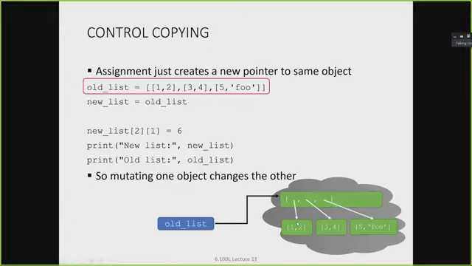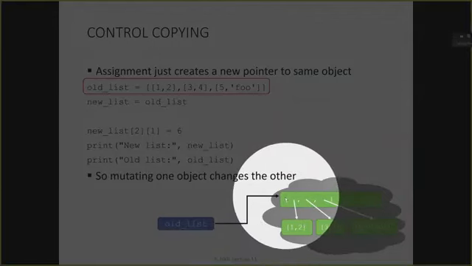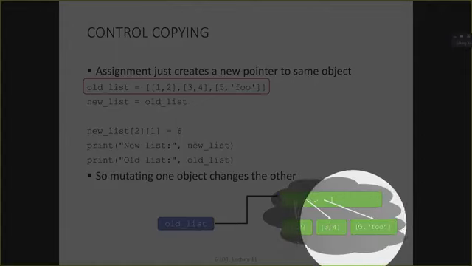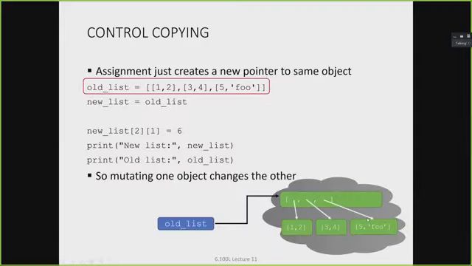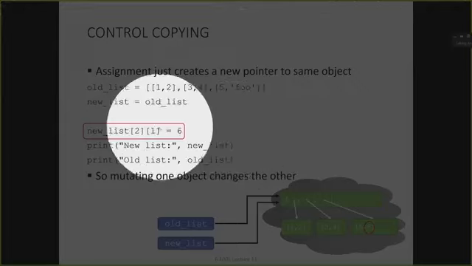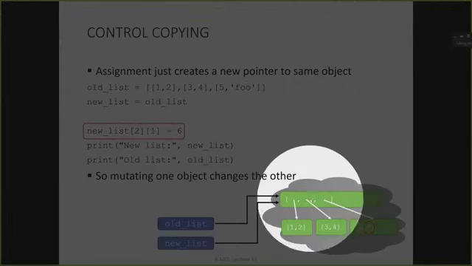But for now, it will look cluttered if I did so, but for now, it helps to visualize the structure. So old list contains 3 elements, and each one of those elements is pointed to over here. So if I say new list equals old list, Python will make another name for the same thing in memory. When I do this line here, where I index new list at index 2, so that's 0, 1, 2,